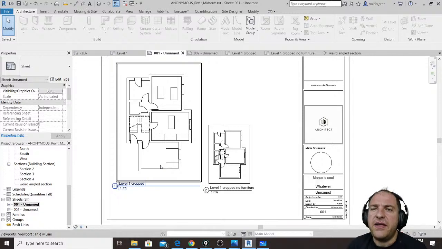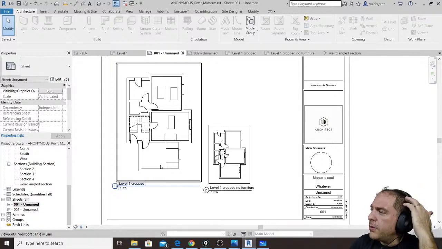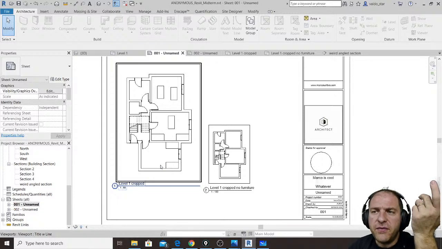I can add elevations, I can add sections, and I can also add 3D views. And here the thing becomes phenomenal, because when you click 3D view, by default you have one 3D view, and each time you want to change the angle, you have to open the 3D view, change the angle, and you're good to go. So see what happens here. Look,